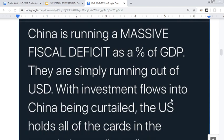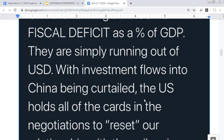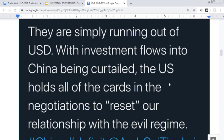Meanwhile, China is running a massive fiscal deficit as a percentage of GDP. They're simply running out of dollars. This is from Kyle Bass. He must be very upset. He's been ready to...